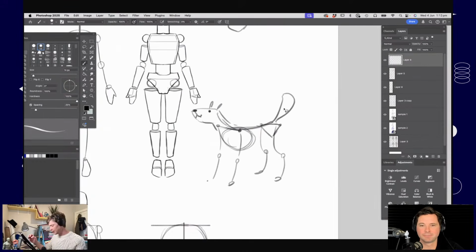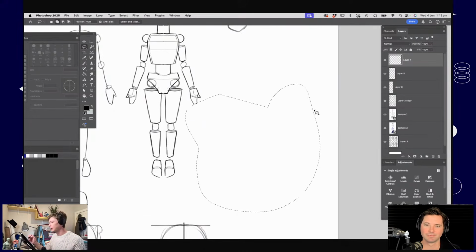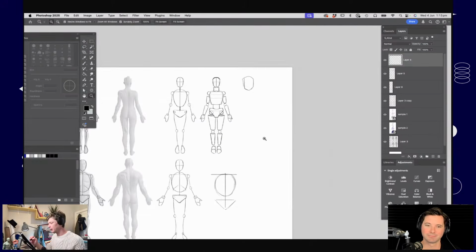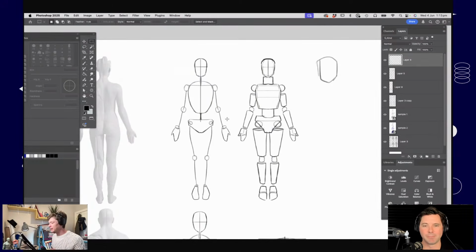Cool. And you don't have to think about it as you're drawing a skeleton exactly. You can use these as a basis for blocking out the movement of a character. We're actually doing a stream tomorrow when I'll be talking about characters in motion, so we'll get a lot more into that. But yeah, we're just thinking of it as a shorthand for our characters.